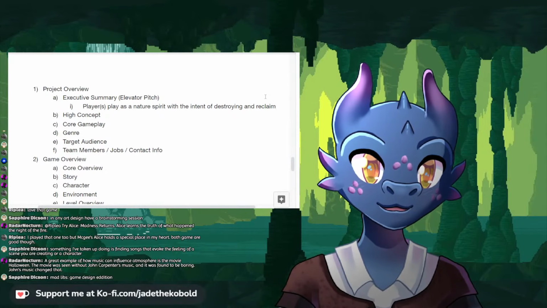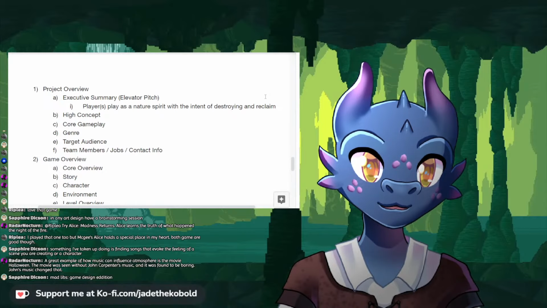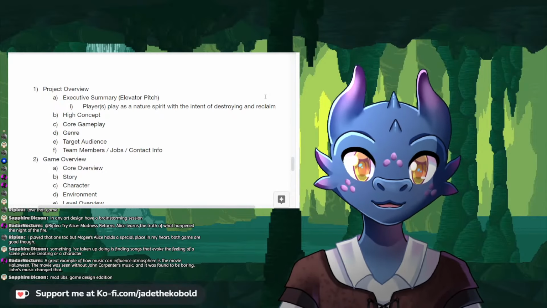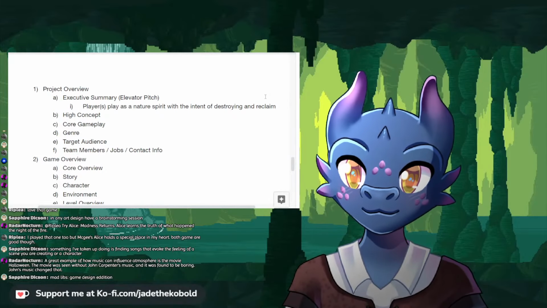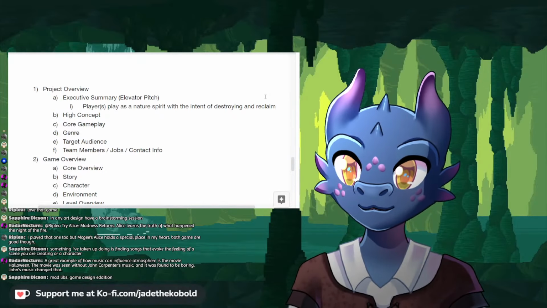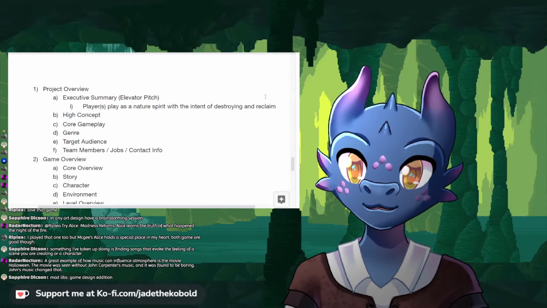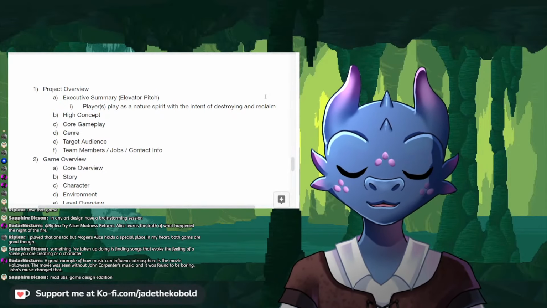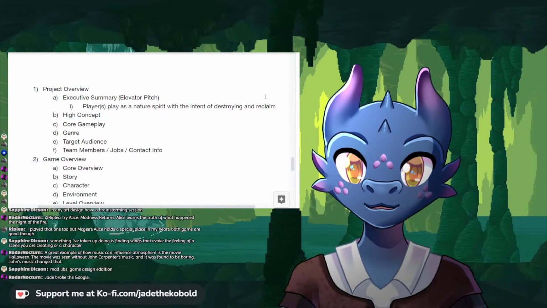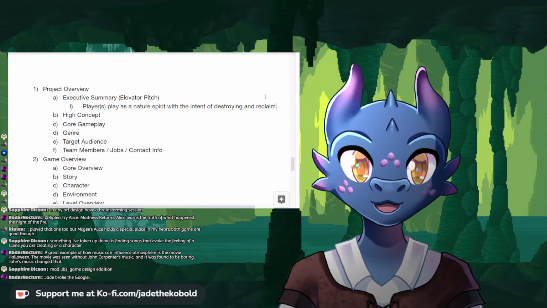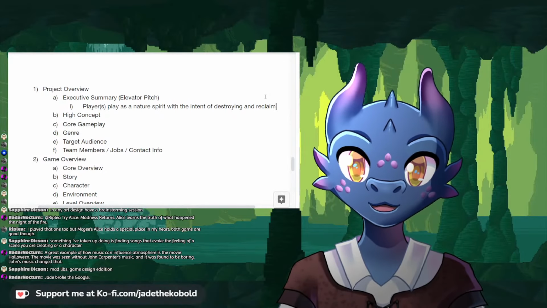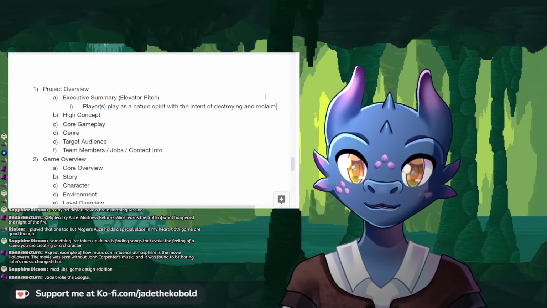An example of how music can influence atmosphere is the movie Halloween. The movie was seen without John Carpenter's music and was found to be boring. John's music changed that. Yeah. Star Wars, the music carries Star Wars. The leitmotif of Star Wars is phenomenal. Some early Final Fantasy games, the leitmotif and musical style really help you understand what's going on in the game. Okay, so the player plays as a nature spirit with the intention of destroying and reclaiming